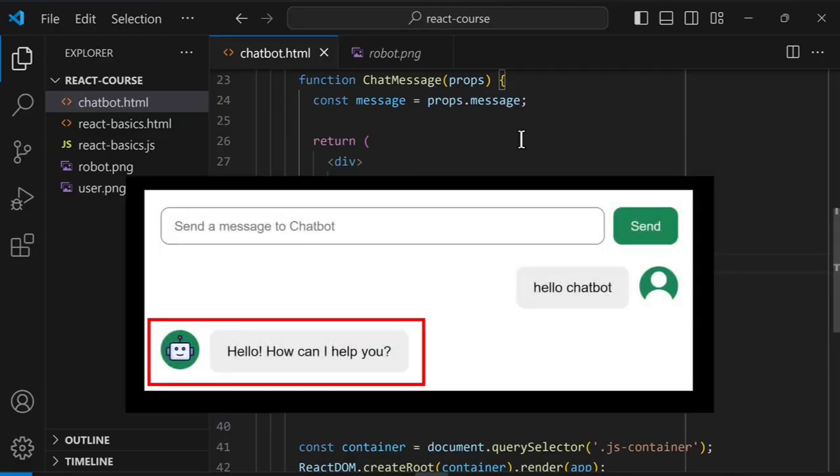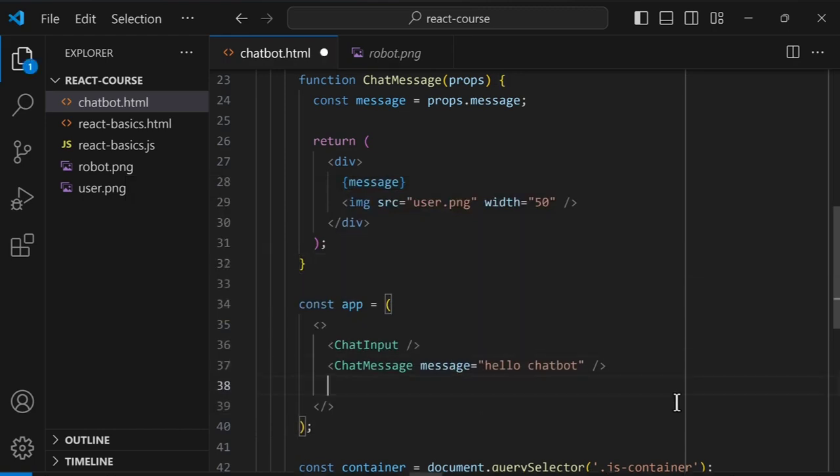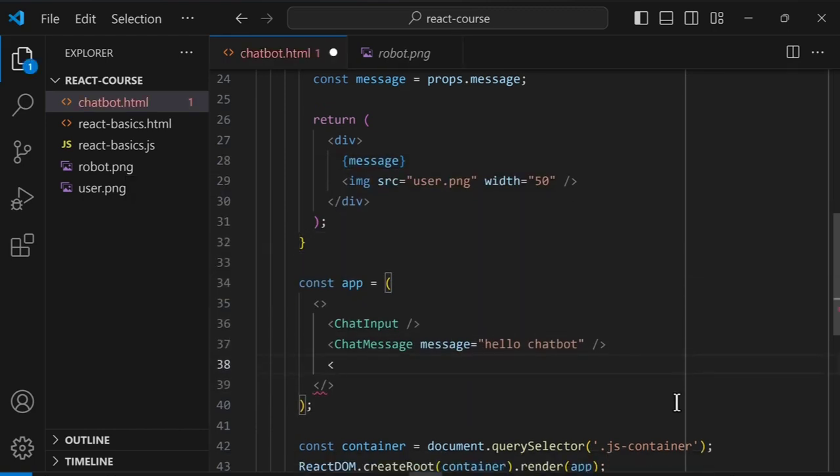For example, let's try creating the second chat message. To do that, we can just create another chat message component. So down here, let's type less than ChatMessage / greater than. And we just need to give it a different message attribute. So here, we'll give it an attribute message equals double quotes, and we'll copy paste the second message in the chatbot project. We'll go to our browser,